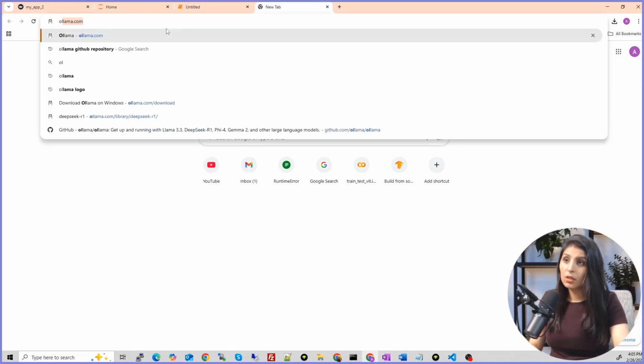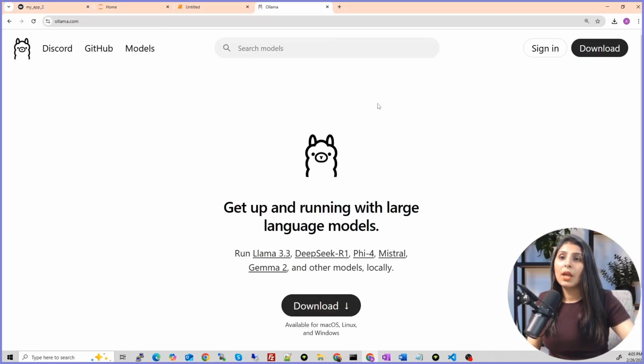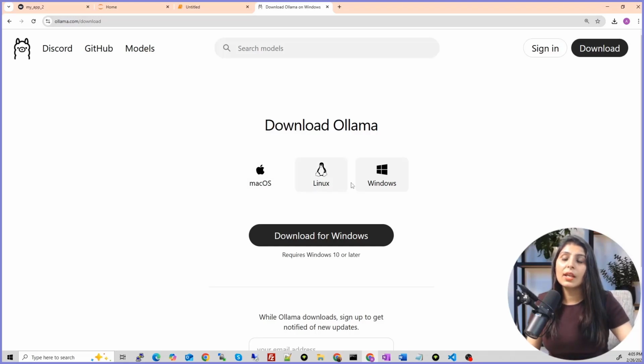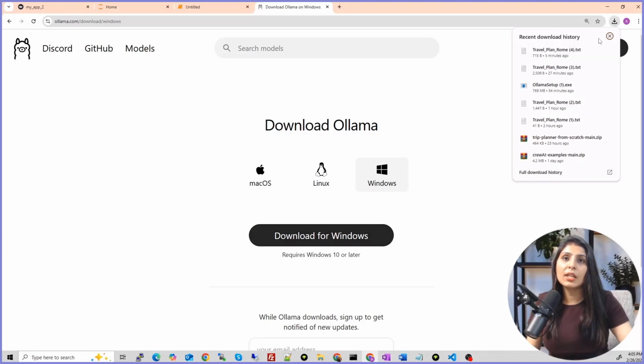So write ollama.com, and if you don't have Ollama installed in your PC, visit this website, click on this download, and then you will select the operating system. In my case it's Windows, so select Windows, click on download for Windows, and then here you will see the setup like this, and then you will double click on it and follow the on-screen instructions. Then you will have this Ollama installed on your machines.